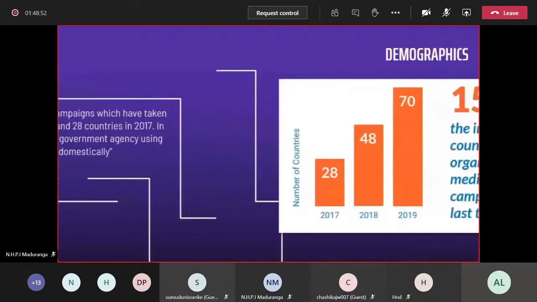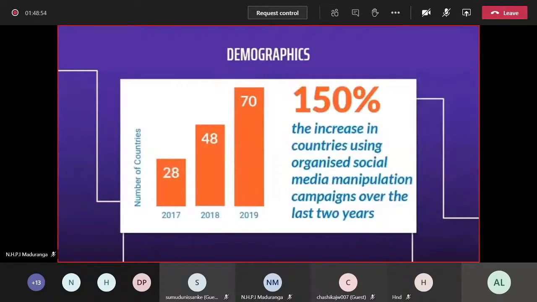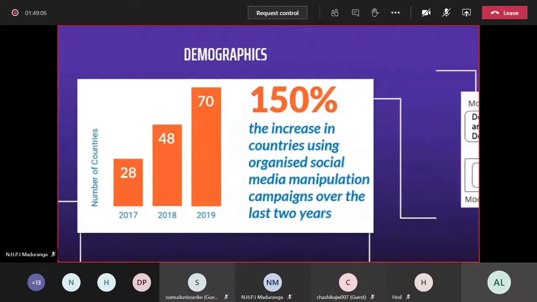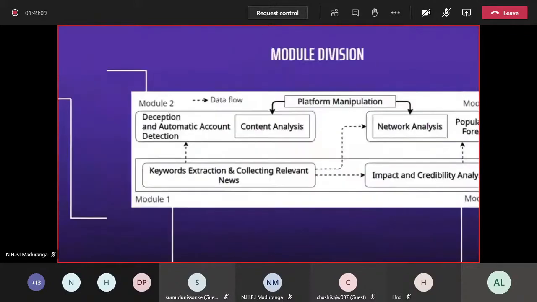Here you can also see the different demographics in each of those mentioned years. You can see that there is an overall 150% increase in the countries using organized social media manipulation campaigns over the last 2 years. So to tackle this problem,